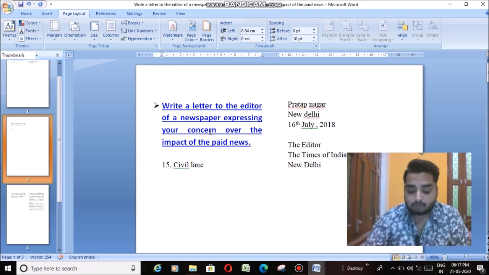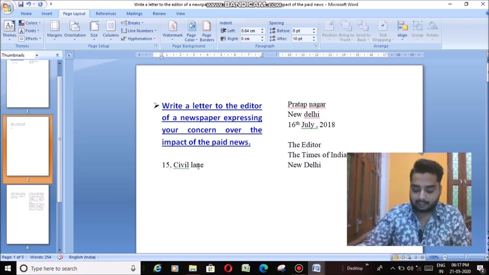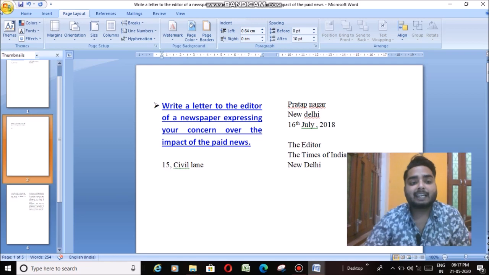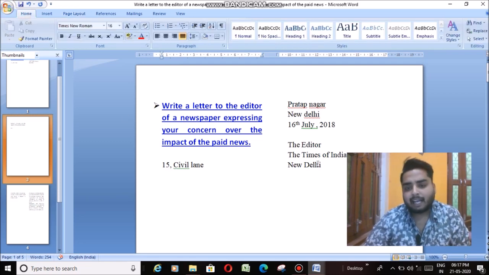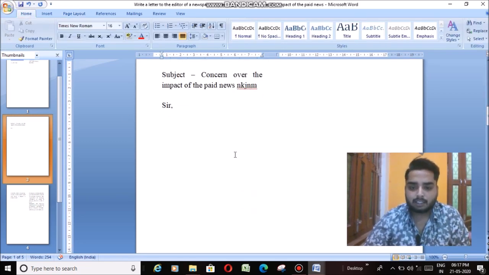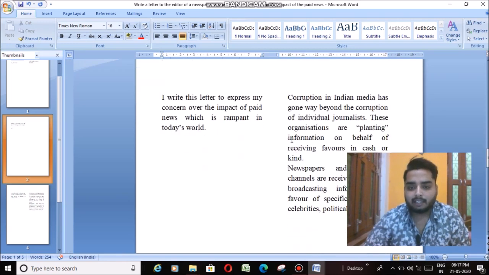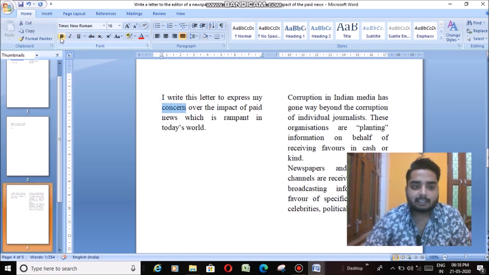The first thing in this topic is working with character formatting, and there are different highlighting options. We can highlight any part of the text according to our need. Like in this particular text, I want to highlight this concern. We have to go to the font group on the Home tab and we will see the bold option. If we use the bold option, you can see that the text became bolder.